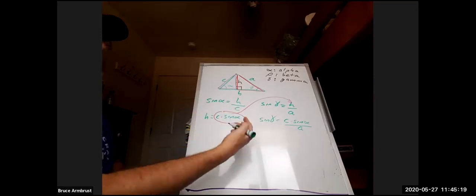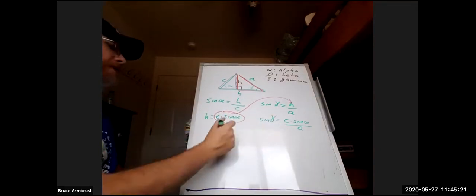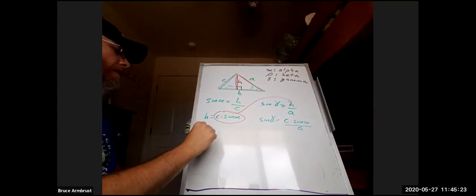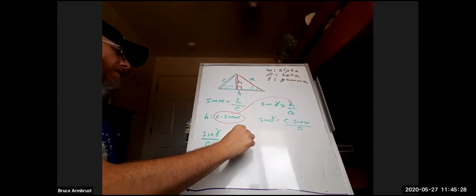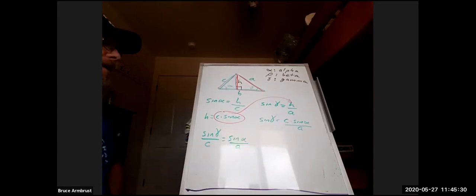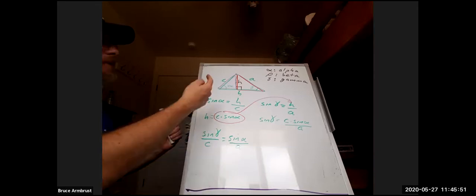And I'm just going to do one more thing. I'm going to move that C over onto the other side. So I get sine of gamma over C is equal to sine of alpha over A. Okay, so by dropping that perpendicular, I got this relationship. Now, the reason that I chose that one was just arbitrary, because instead what I could